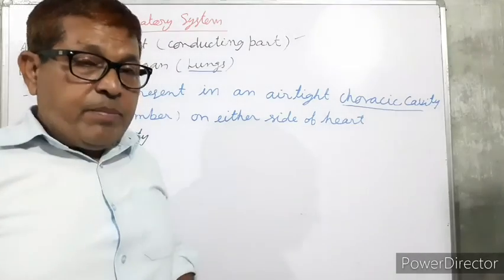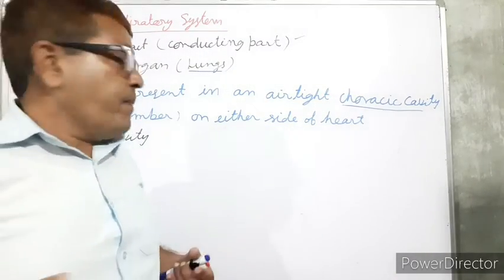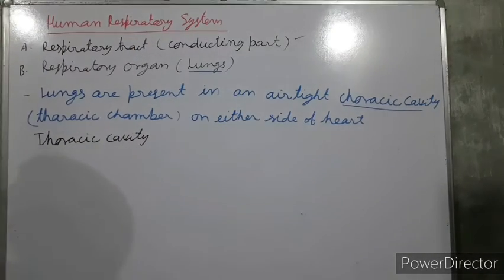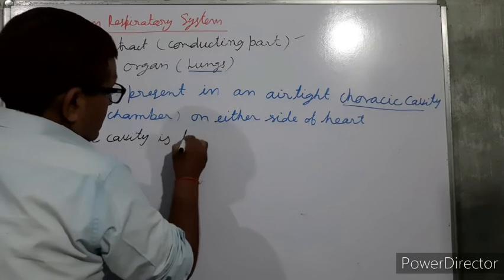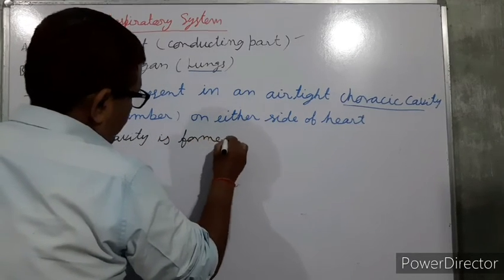This is the abdominal cavity. This is the thoracic cavity. So this thoracic cavity is formed